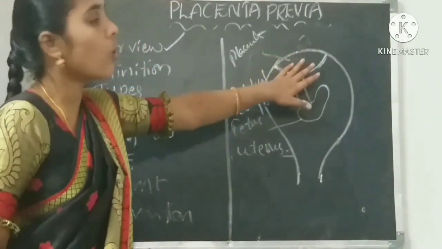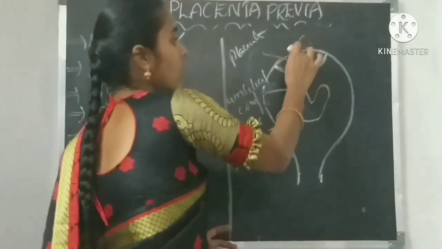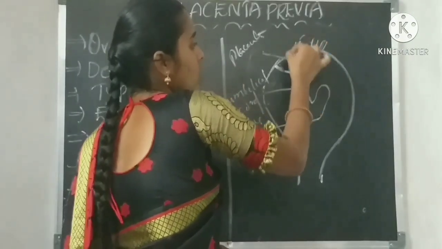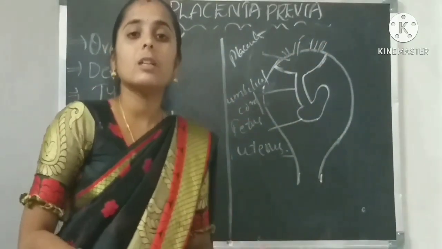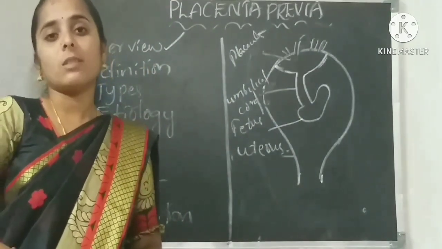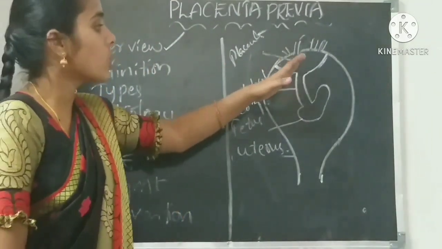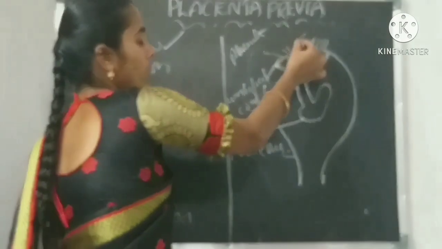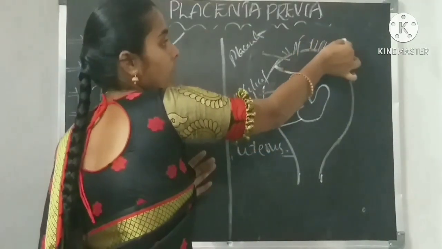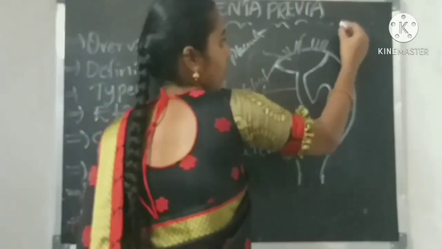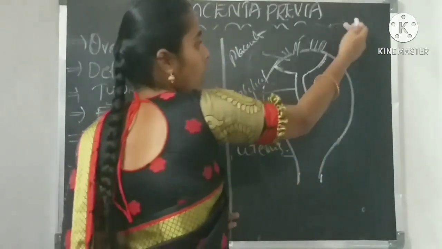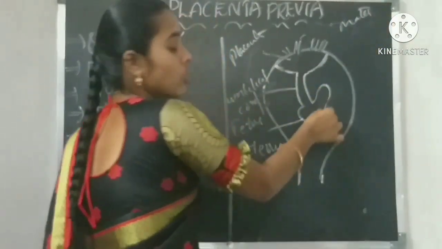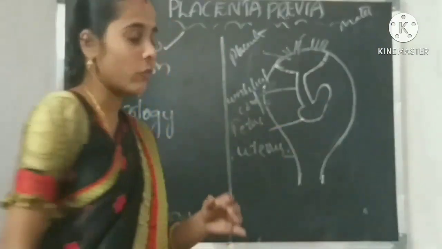So the uterine wall of the maternal contains the blood vessels. Whatever the maternal nutrients and maternal oxygen, they will be transported to the baby through the blood vessels of the maternal side. The region outside the uterus is called the maternal side, and within the uterus is called the fetal side.